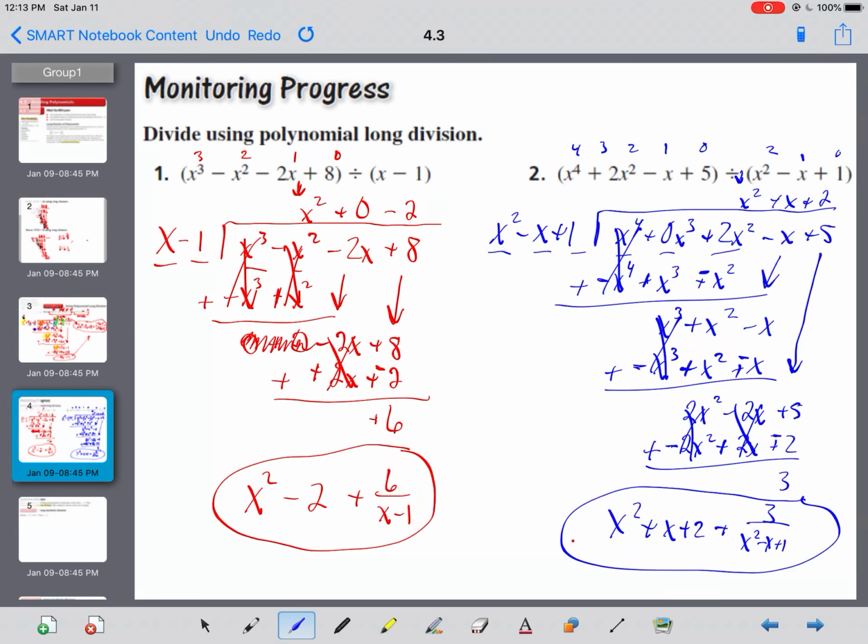But that's the long division. Long division works with any polynomial divided by any smaller polynomial. It does have to be at least a degree less. Otherwise, it won't divide. Okay? So